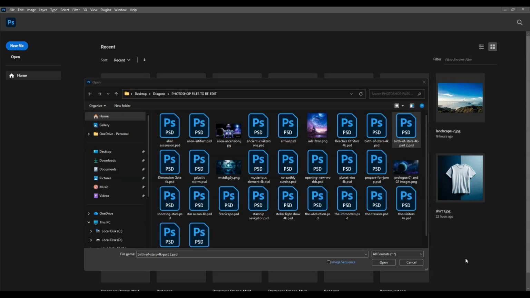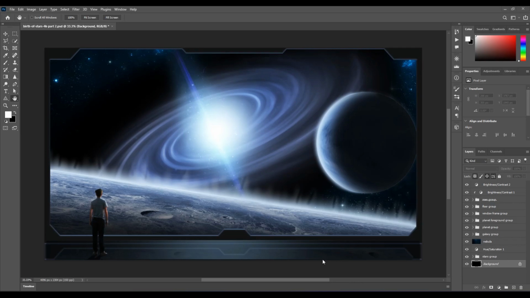So here we are back in Photoshop. I'll just open up the file that I just saved and let's see what we've got. Okay, looking at my layers panel, it looks like the layers and the overall structure is pretty much the same way that I had it before. I can see that my clipping mask layer is still here and my groups are exactly as I had them before. So it is indeed possible to work with Photoshop files in Affinity Studio.